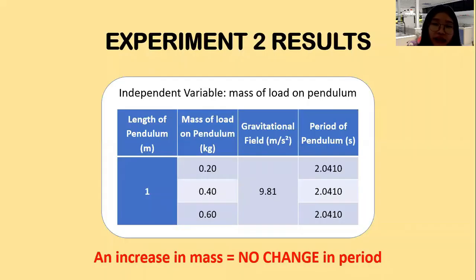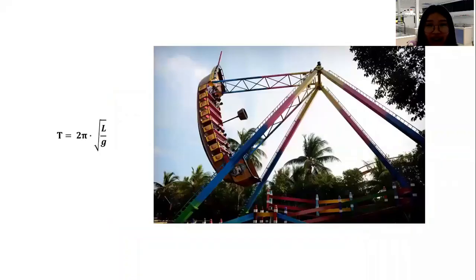So moving on to the next experiment, the effect of mass towards the period. As we can see, no matter what change we do to the mass, there will be no change in the period. So why is this so? If we take a look at this ride that we can find in amusement parks, no matter how little or many people are on that ride, how much mass is on that pendulum,